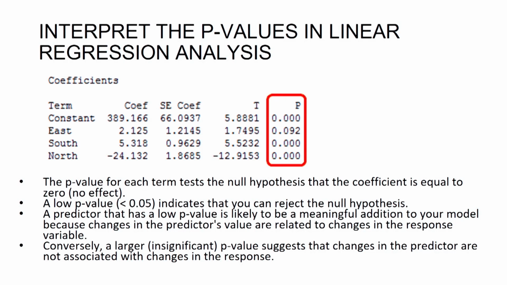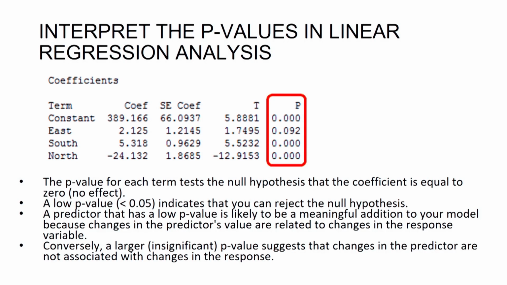We have already seen that the p value for each term tests the null hypothesis that the coefficient is equal to 0 or not. So, if it is less than 0.05, it indicates you can reject the null hypothesis. Our null hypothesis was that the variable is not significant, so it means that the variable is significant. And if a predictor has a low p value, it is likely to be a meaningful addition to your model. This variable you should add in your model,